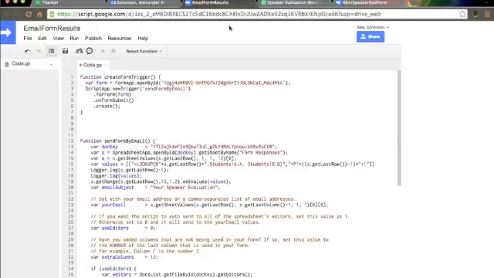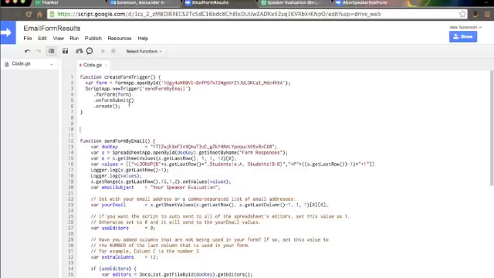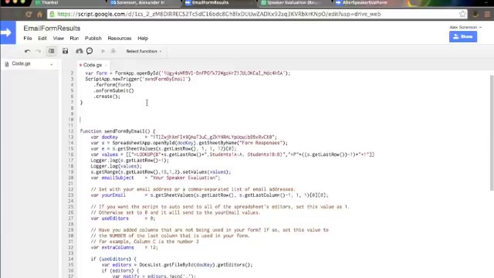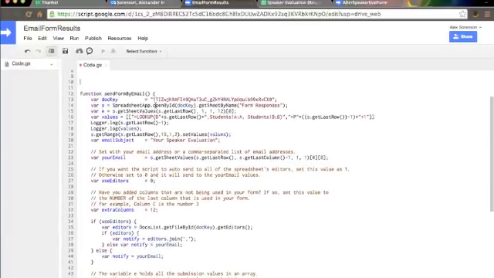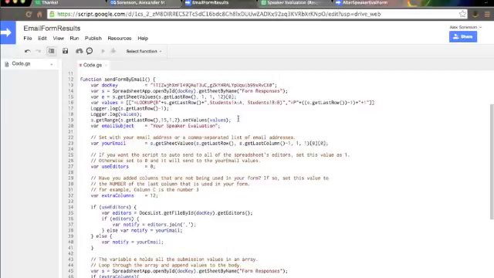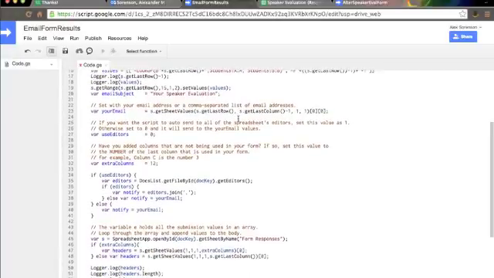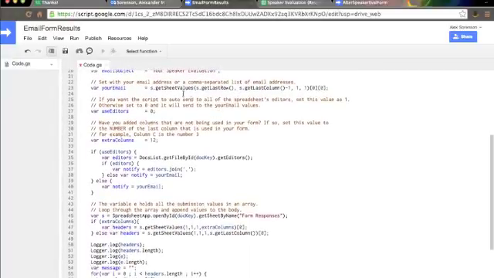And the way this is automatically being sent is, the first part is a trigger. So on form submit means that it'll run this send form by email function right below whenever that submit button is hit. And down here I won't go into all the detail, but basically it goes into the spreadsheet, gets that whole last row. Here are two formulas that we're adding to get the email and then the evaluator ID, putting them in the log just in case for debug reasons, setting the values,